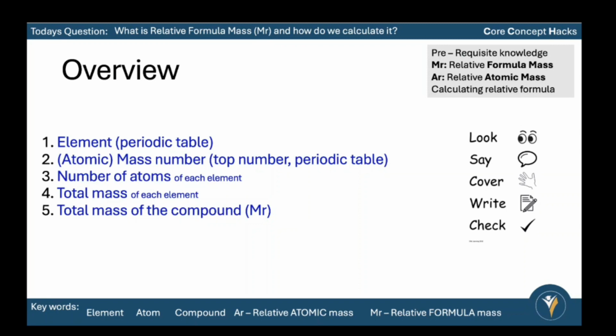Now, a top tip is to spend 5 minutes to look, say, cover, write, and check these 5 points over and over again until you can do them without any difficulty. And in this way, you've mastered relative formula mass and you've understood it really deeply before we go on to the examples. And in the future, you won't have to struggle to understand